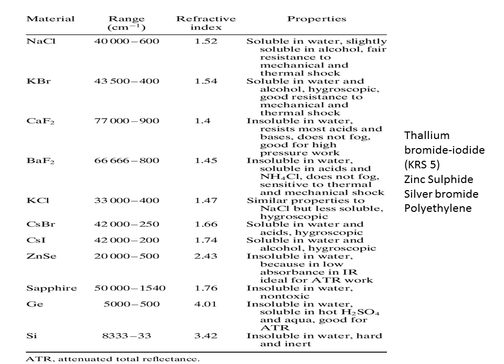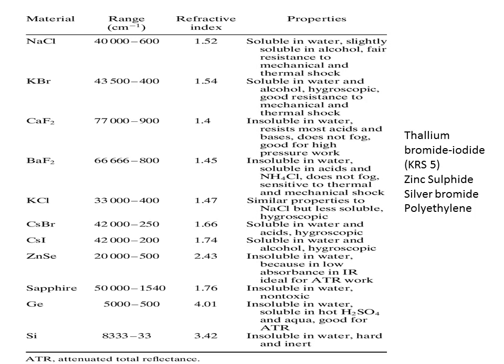The cheapest ones are sodium chloride or potassium bromide. Sodium and potassium salts are soluble in water. So whenever you have aqueous substances, these cannot be used as they will readily dissolve. For that you have to use divalent salts like calcium or barium fluoride. You can even take into consideration zinc selenide.